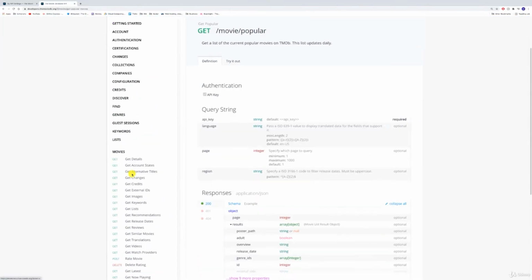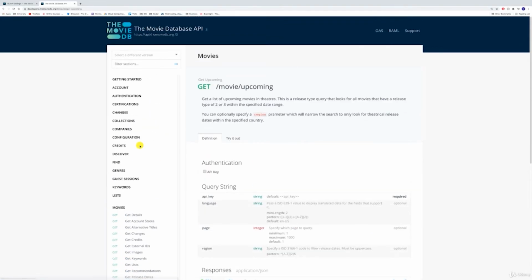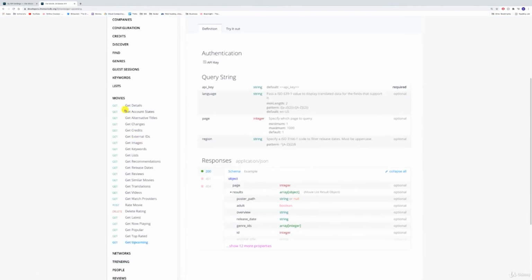For get popular and get upcoming, the actual response is the same. But later in the course, once you're finished with it, if you want to extend the functionality of the app further by including other endpoints, you can read about all of the requirements on the individual endpoint documentation. So for example, if apart from having popular and upcoming videos, I would also want to get the ones that